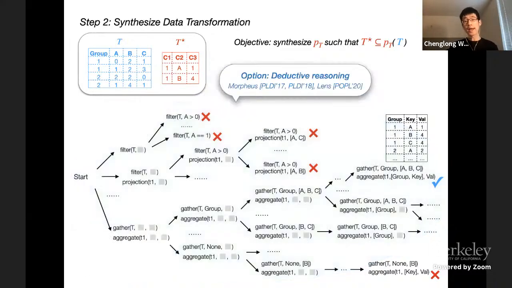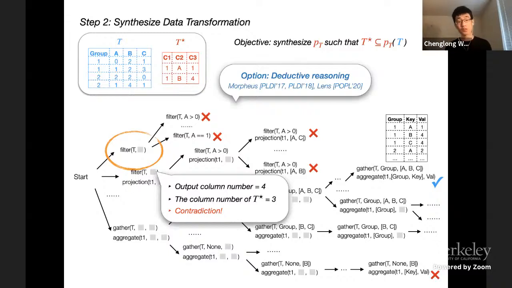A typical approach, adopted in the past five years of program synthesis research, is called deductive reasoning. The general idea is that instead of waiting until the very end to check whether a program is satisfiable, we can reason about partial programs. For example, take this program, filter without any predicate filled in yet.